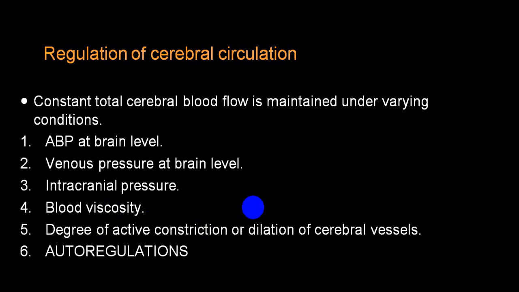And there is something called autoregulation. If the blood flow to the cerebral hemisphere is increased, there will be autoregulation in the form of vasoconstriction to maintain the mean arterial blood pressure, and that will decrease the cerebral blood flow and CSF formation. This protects the brain from over formation of CSF as well as increased blood flow, which can produce complications.